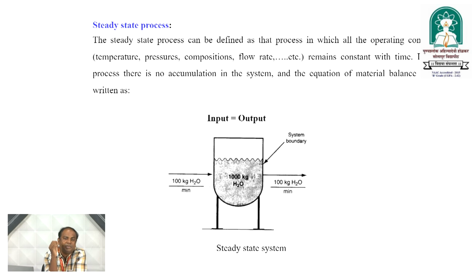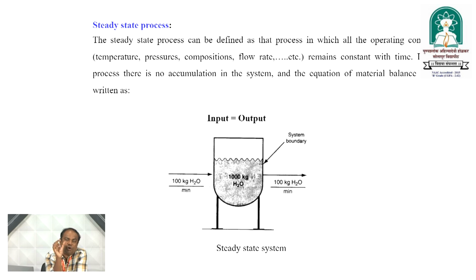Which are those? Temperature, pressure, composition, flow rate. As you know, chemical processes may be carried out under certain temperature. When temperature increases or decreases, pressure may change. At the same time, composition may change. So whenever all these thermodynamic parameters remain constant during the process, we say the process is under steady state. The best example of a steady state process is a continuous process, or an open system where the reactants enter and the product exits.